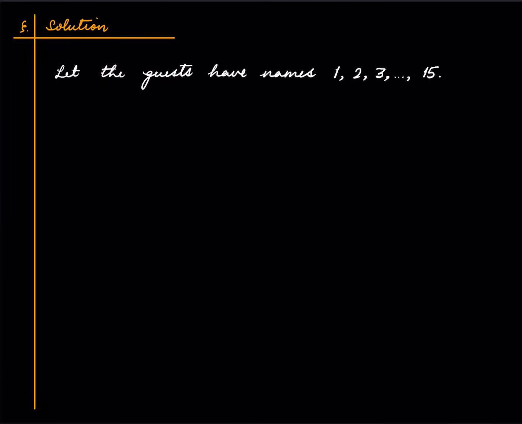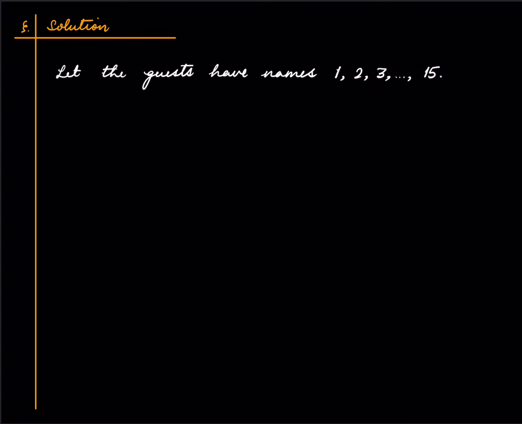Let us name the guests by these numbers, 1 to 15, the easiest naming scheme. And we define for a position P of the table, meaning you rotate the table, each rotation I'm writing as a position. The table can be in 15 different positions. So for each position P of the table, we define